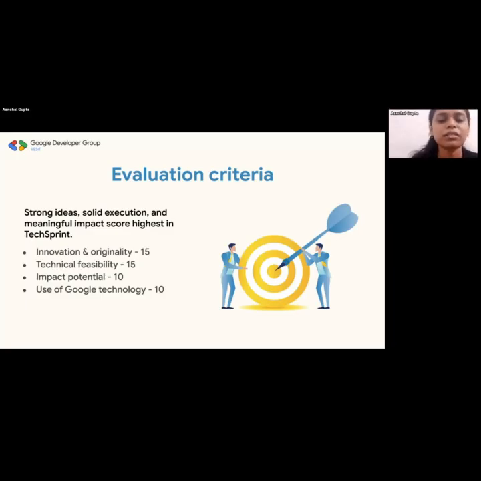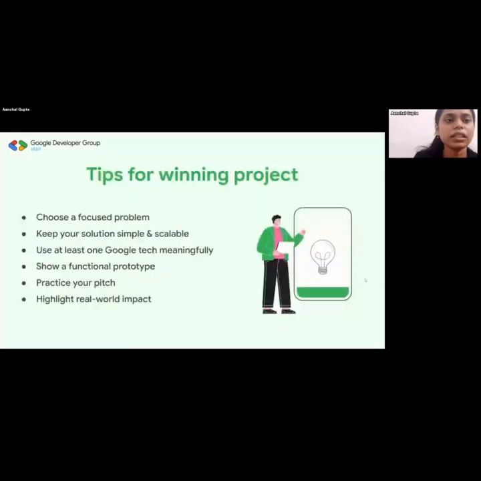And I would recommend that you go and explore GCP, because it's going to look, first of all, on your resume, or if you post on LinkedIn, it's going to look so good that somebody in their first year or second year is going and exploring GCP and learning with it. So try to do that, and try to build your entire solution using only Google technologies if you can. Now, it's not a compulsion, but you have to use at least one. But if you use more, it's just better for you. Okay. So this is the evaluation criteria.